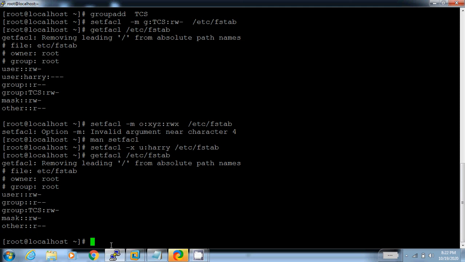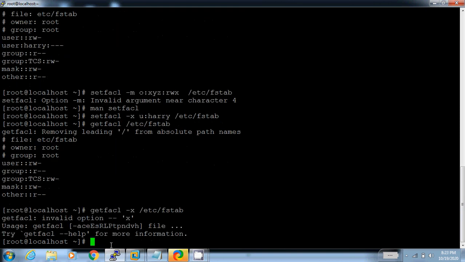If you want to remove the complete ACL from any file, then you will use the command setfacl -m x /etc/fstab. Sorry, the command is not okay.